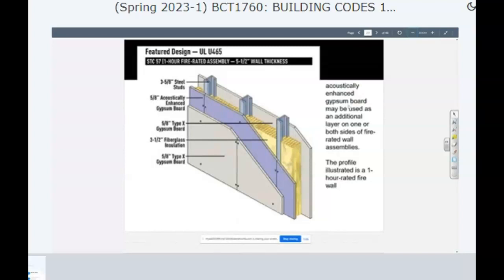Acoustically enhanced gypsum board may be used as an additional layer on both sides of rated wall assemblies. The profile illustrated is a 1 hour